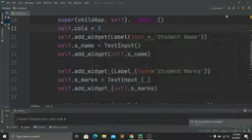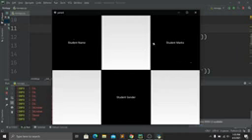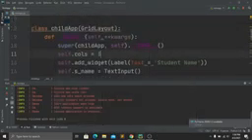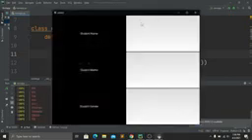and then now we have to run this again. So here you can see that this is now taking 3 columns. Okay, and if you want to give this more columns, you can do that also, but I think 2 columns is actually looking good, so that's why I will be giving column 2. Now let's run this one again, and here you can see that we have 2 columns, and here are our